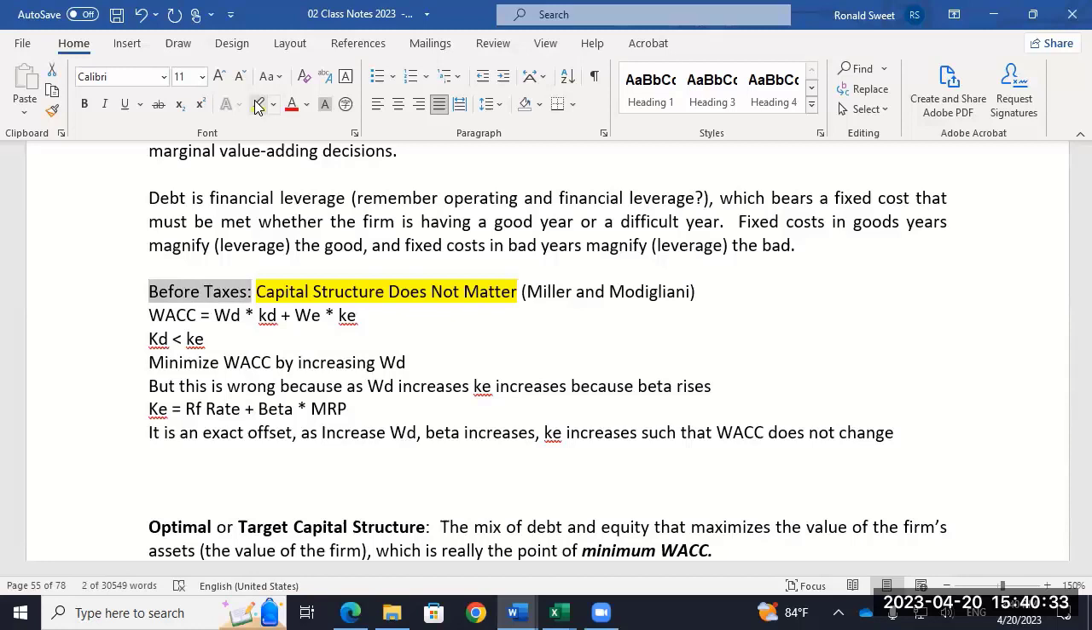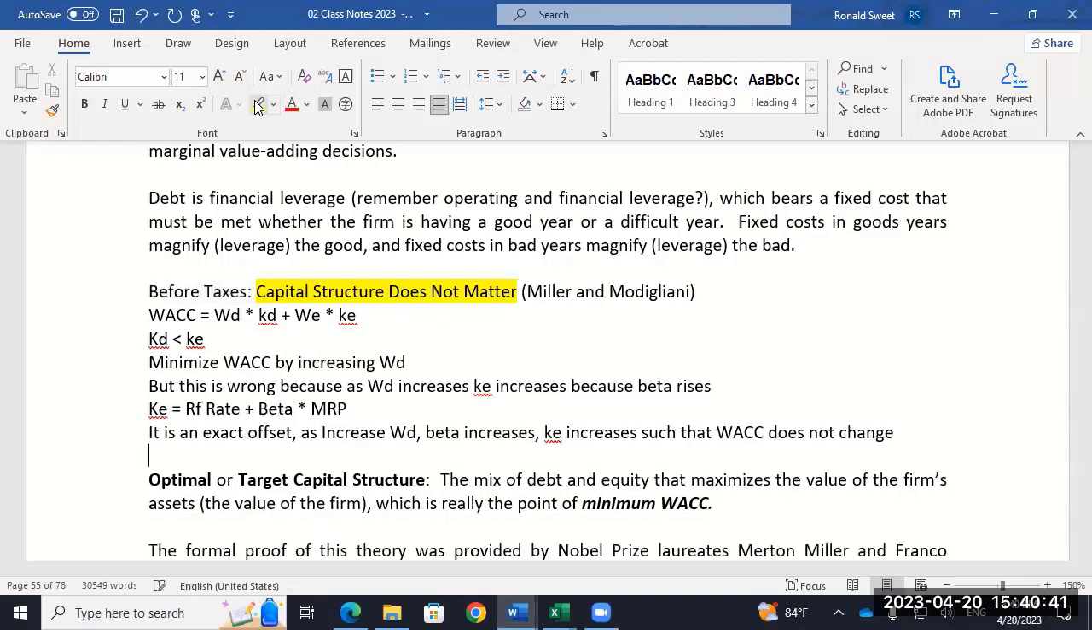Now, where do you go in the world where there's no taxes? Cayman Islands maybe, or somewhere, I don't know. After taxes, it matters, because what is the WACC function? There is taxes in there, isn't there? After tax,